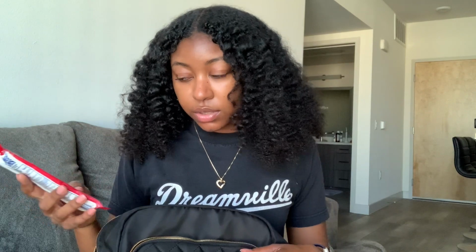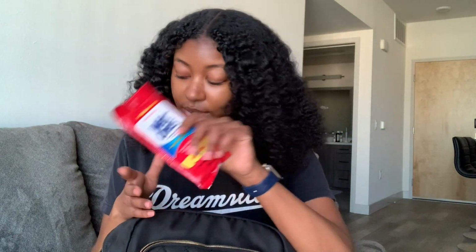Into this front pocket. So I always carry these wet ones around. You never know what you need to wipe. Everything is dirty. People don't wash their hands. Not saying my classmates, but just in general, people don't wash their hands and things get dirty. And this kills 99.9% germs. And y'all know the coronavirus is just